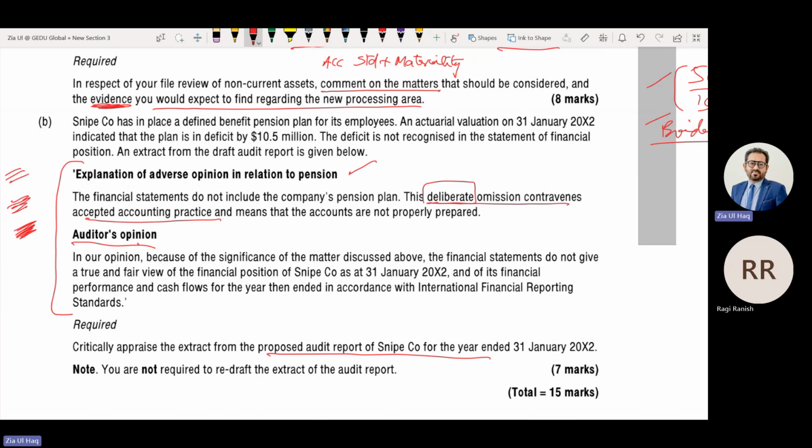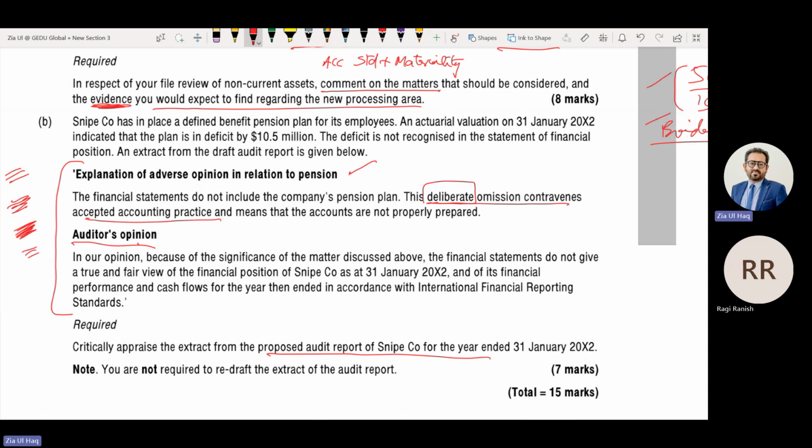Management might not have recorded this knowingly, but we are saying they did this deliberately. We must say there is a misstatement, there is an omission of this account balance. Deliberate omission means we are hitting the integrity of client management. We should not use these kinds of harsh words. So 'deliberate' we can make one point.